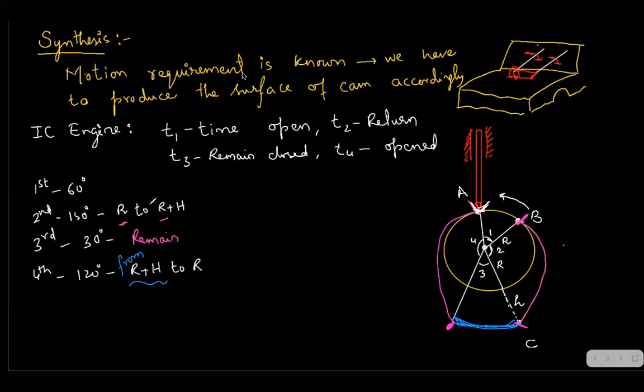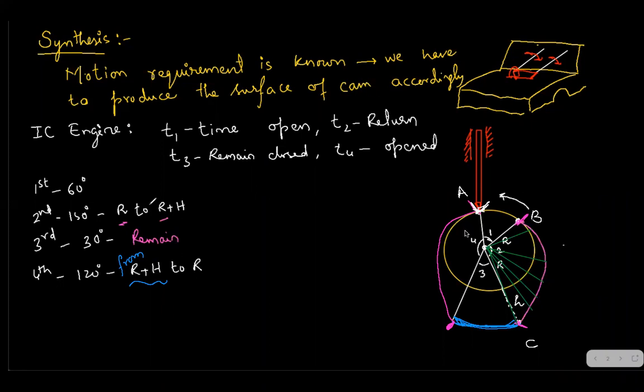Why does it need to rise? The very simple reason is, the distance from the center is continuously changing. So this is the distance at which the follower has to go. It has gone up, and up, and finally the distance is this much, which is r plus h. So this is the highest point to which the follower can move. After that, it will be constantly there itself. It means in the highest position, it will be there for 30 degrees of rotation. After that, again it needs to come down. The follower needs to come back down to its initial position.